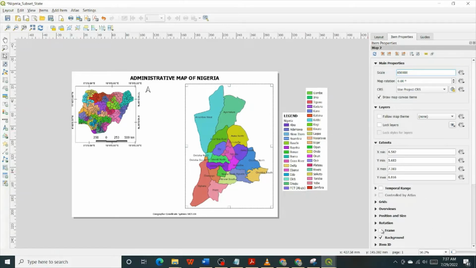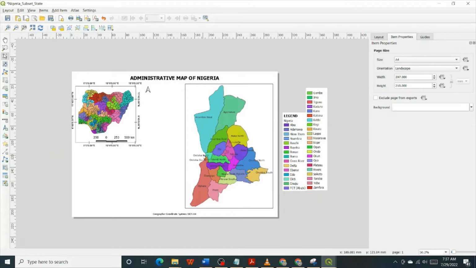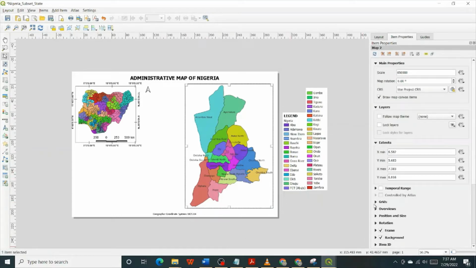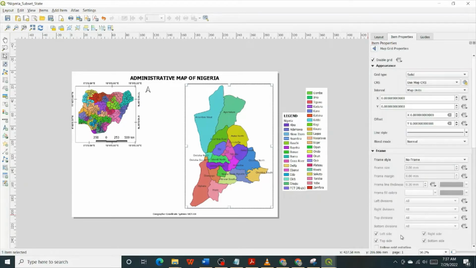So I select frame, activate the frame to make the lines around the map permanent. So once I see frame now active, having activated the frame of the map, you go to grid. You can notice that the grid is now empty because I'm talking about a different map altogether, even though there's another map that is within the window. So I have to add a grid specific for this particular map. So add grid, select the grid, modify that grid. I'll have to define the grid interval once more, but well,